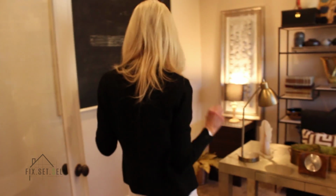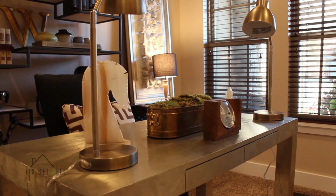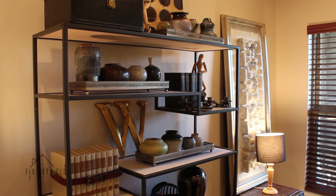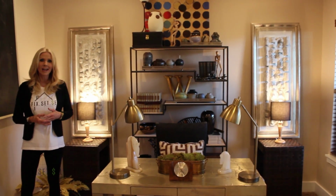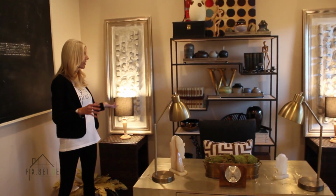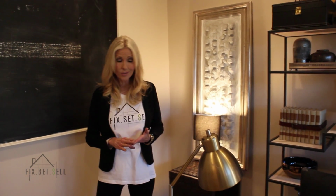Coming in now, as you remember, this front room was just the office library that had the 1 table, chair, and the 2 etagers, one in this corner, one in this corner. And we have literally transformed this room now into a very open, inviting office/library that can be used as a home office or just a reading area, a study, homework area, or a formal library if we wanted to add more bookcases in here. All of the furnishings in here have been acquired from DI, which is Deseret Industries, Goodwill,